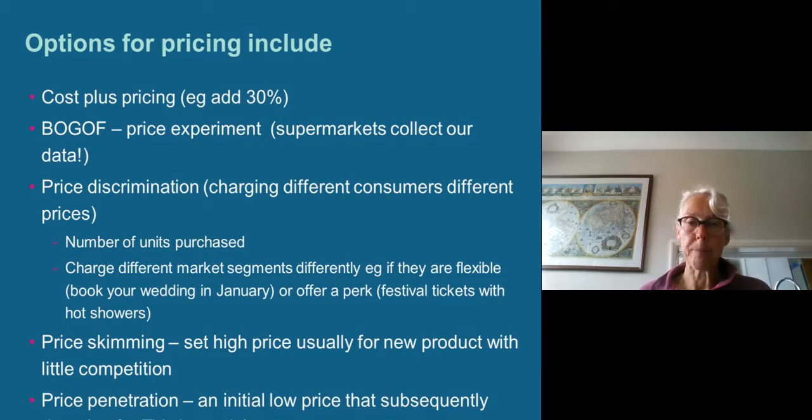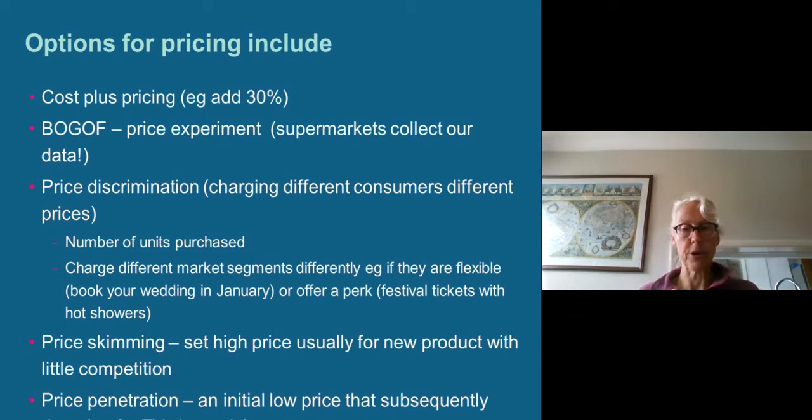And then there's price discrimination. This is where we might charge different consumers different prices. Now this is often done on the basis of things like off-peak times, and it can be based on numbers of units purchased. So, if someone comes along and buys a certain number of tickets, they might get some reduction. Typically if you book for groups of people, you might get some kind of reduction.